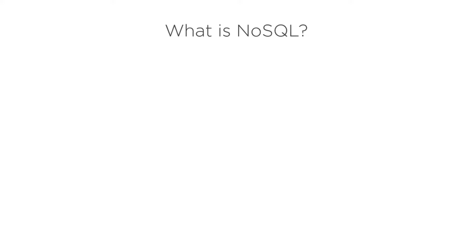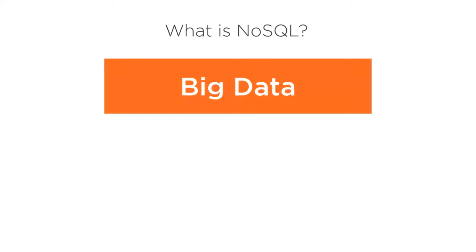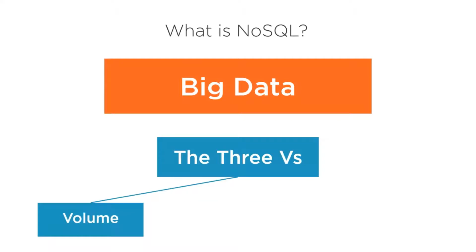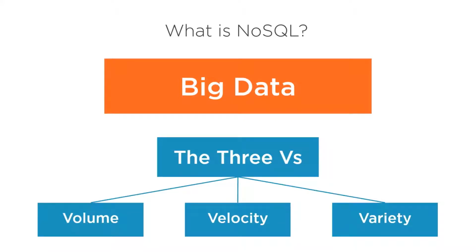In fact, in Cosmos DB, we use some variant of SQL to query, and the most common way of working with Cosmos DB is with something known as the SQL API. So it's certainly not what it sounds like. It's really just a buzzword for solving the problem of big data, often defined by the 3 V's: volume, velocity, and variety, well beyond the bounds of relational database systems and the architectures they are designed for,